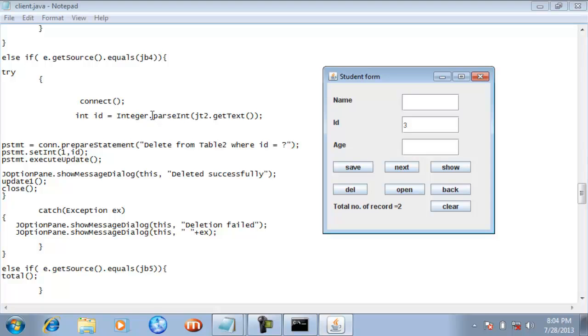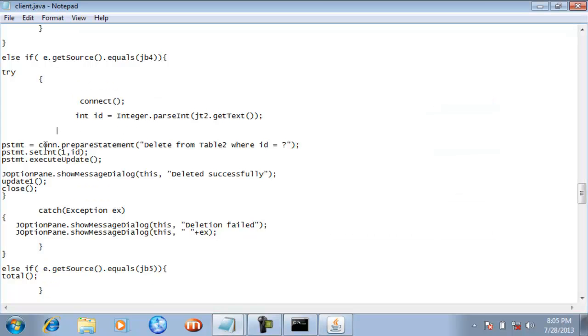So I have used the Integer.parseInt method in order to transform this string value into a numeric value. After storing that ID value inside this ID named integer variable, we have used this PSTMT object, and inside this PSTMT object you can see the SQL query to delete data from the MS Access database.